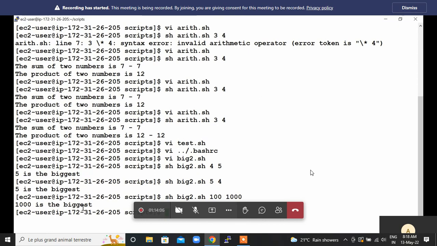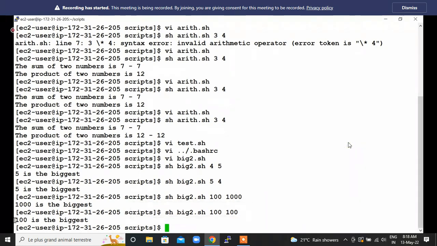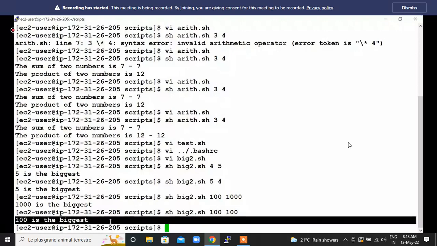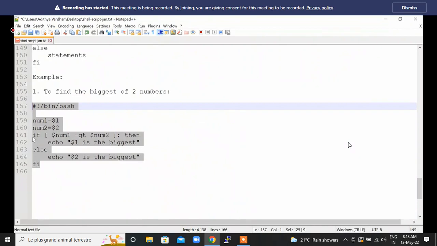In this same example, let's say I'll pass 100 and then 100. I'm getting 100 is the biggest, but that's not true because both the values are equal. There is no biggest of these two values. Both the values are equal. So the output we are getting is not accurate, right? So I can add one more if condition at the beginning saying,